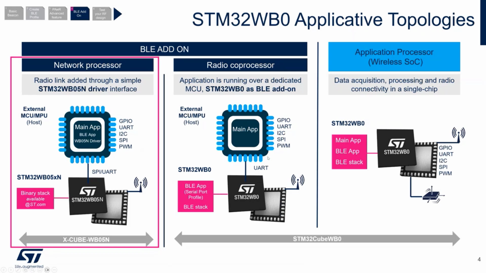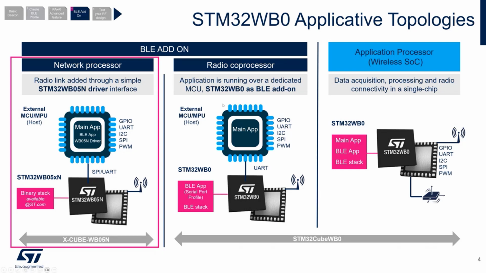What is a network processor first? To remember, since the beginning, for whatever use case, the peer-to-peer server, the beacon, but the periodic advertising with response as well, we use the application processor system-on-chip standalone mode architecture. That means the STM32 WB0 running both application code and BLE stack in a standalone mode. That's the basic and typical use case. Whatever WB05, 09, 07, 06.